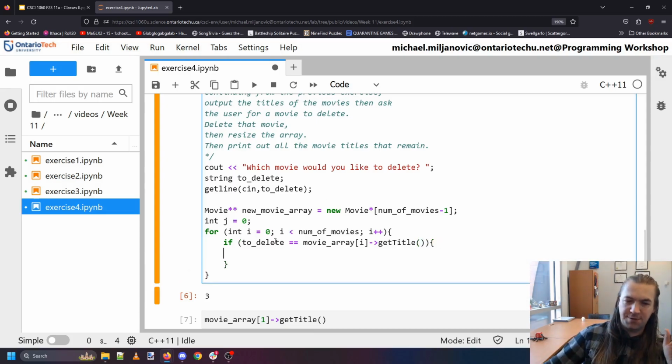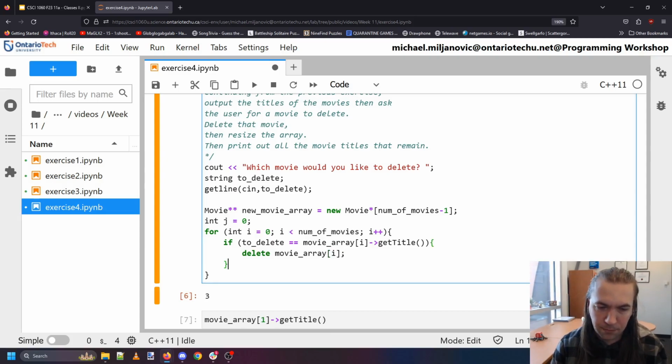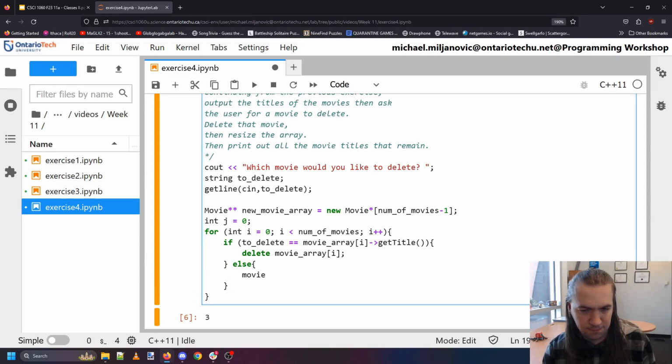If the thing that I want to delete matches the title of the current movie that I'm looking at, then I want to delete movieArray[i]. Otherwise, I want to put movieArray[i] into the new movie array at j